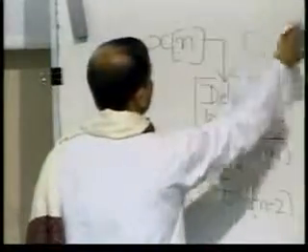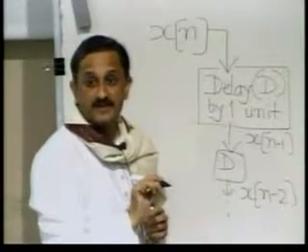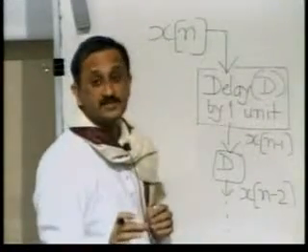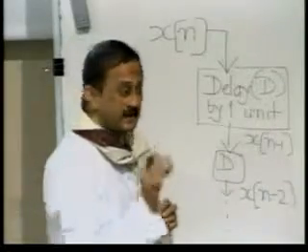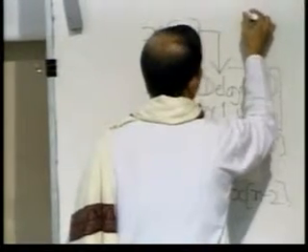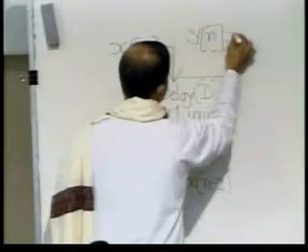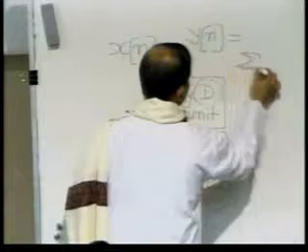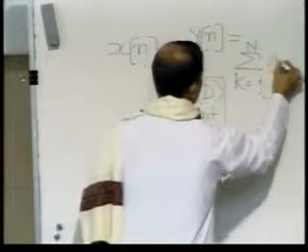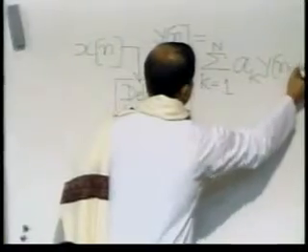And therefore, a general class of equations describing one very important, not the most general, but a very important class of linear shift invariant systems in discrete time are described by an equation of the form y[n] is summation, say k going from 1 to N, some constant coefficients times delayed versions of the output